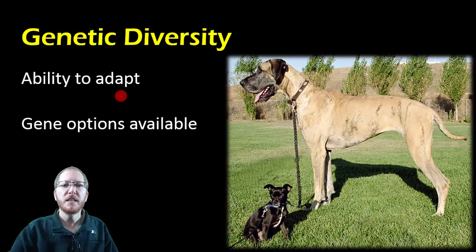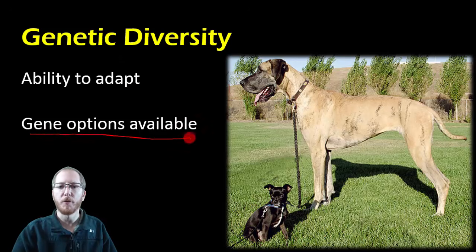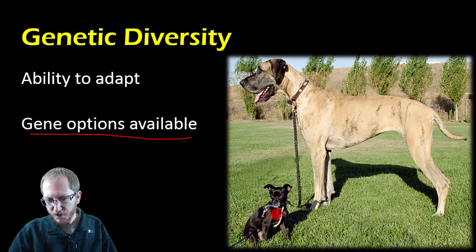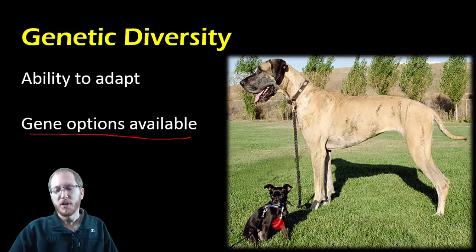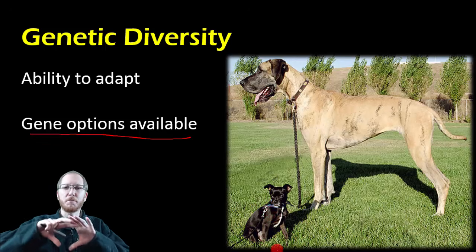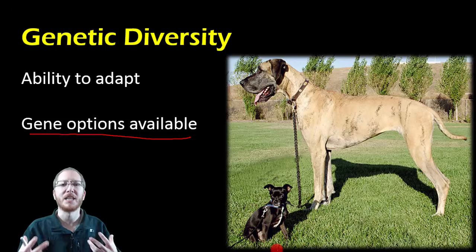Because the more genes that you possess, that's this idea here, gene diversity is the options you have when it comes to genes. The different versions of the genes that you have that can give you the Great Dane here, or give you the, I don't know which version of a little yappy dog it is, but some version of a yappy dog. Both those genes are within the species that we have that's domesticated dogs.